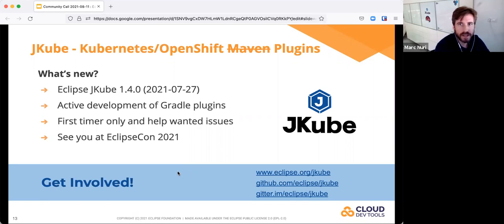So these are the main highlights for JCube during this period. Two weeks ago, we released version 1.4, and among other improvements, we added multi-layer support for container images, improved Helm chart generation, included additional configuration options for ingresses, and many more features and improvements. We've also published a dedicated blog post with some demos in case you're interested in learning more about them.